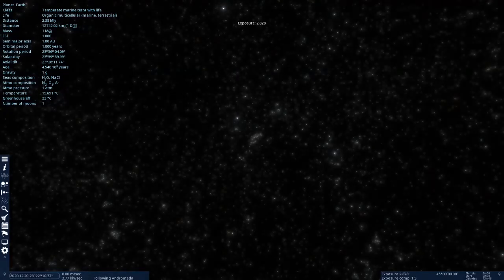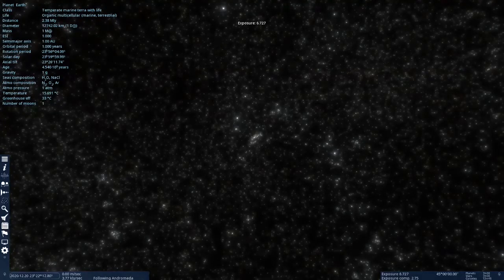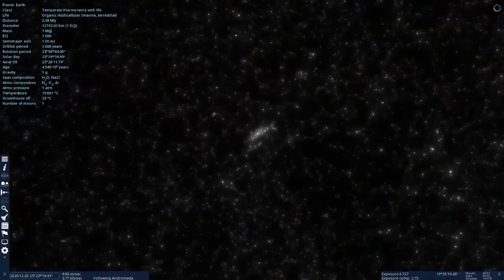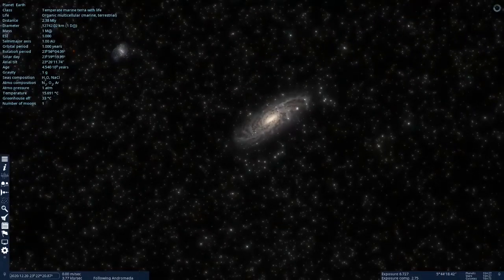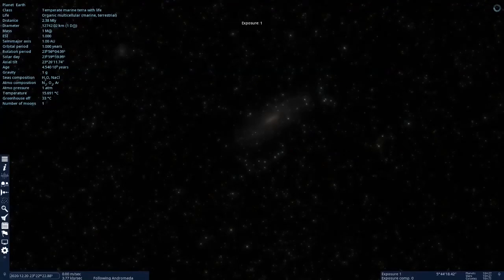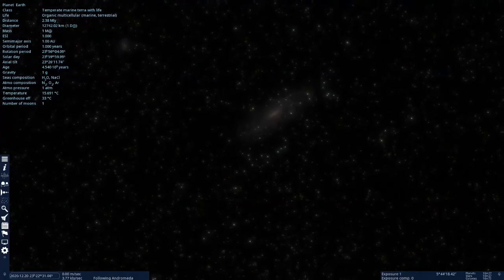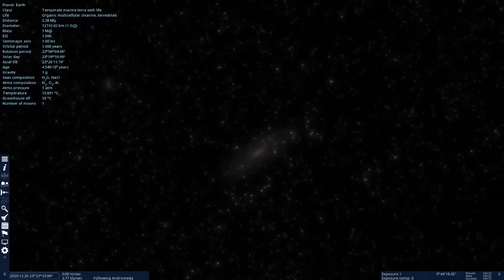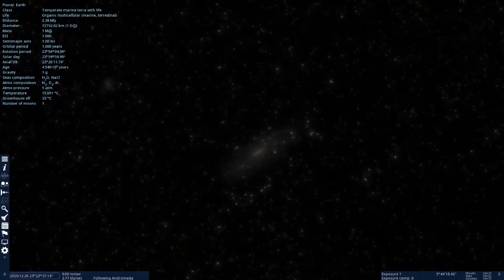Let me enhance the brightness a little bit. Yeah, it's sort of not standing out too much, but it's there. You know what? Telescope mode. Back to normal brightness. I think what's happening here is that there's a lot of satellite galaxies around the Milky Way that are in the database, and it's rendering those in the point of light mode, where it's rendering the Milky Way in extended object mode.